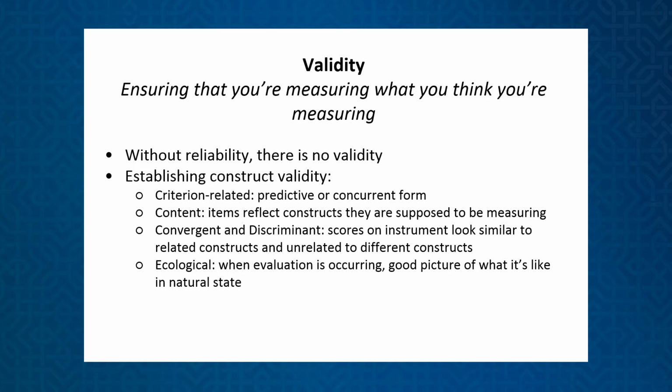Now, as you recall from a minute ago when we were talking about the importance of explaining variance, we talked about whether or not you could make predictions and see those kinds of relationships. So what criterion-related validity comes down to is really predictive or concurrent forms. Predictive meaning if you know ahead of time the value on one, let's call it an independent variable, then you have an idea of what the value on a future criterion will be, like a dependent variable that is yet to happen. Concurrent validity would